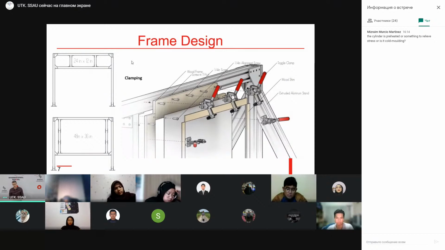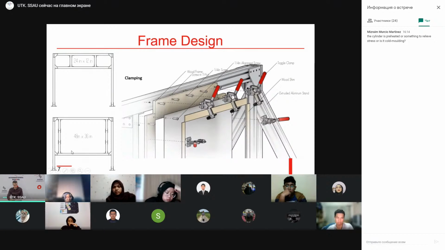Next step, frame design. The last step, we should understand how to fix the sheet. In this case, we usually use some frames. These frames can have different designs, but it's also very good when we can change the sizes of the working zone, the sizes of our blank. For example, here, by moving the parts of the frame, we can fix a sheet of the size 24 inches by 12 inches. And if we